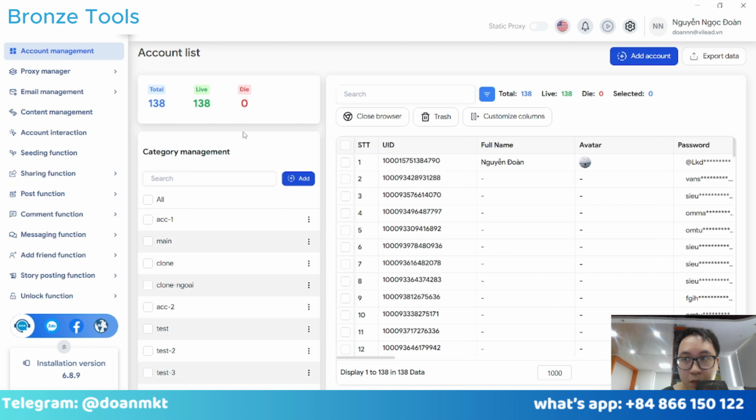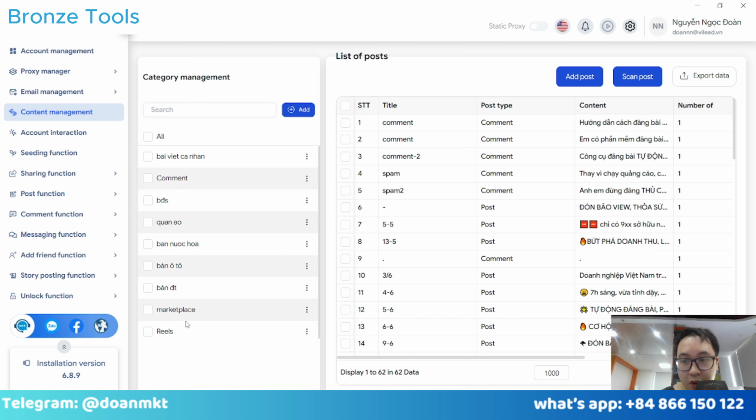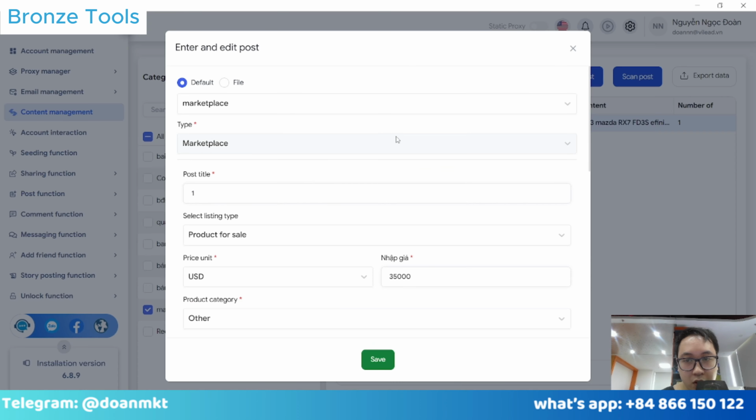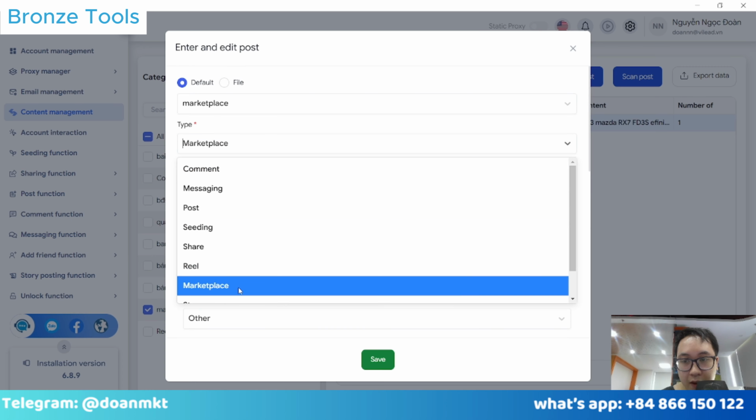To auto post on Marketplace, you will need content. So I go to content management. You can add your content about Marketplace in here. For example, this is the post about Marketplace. You can add style, add the type,